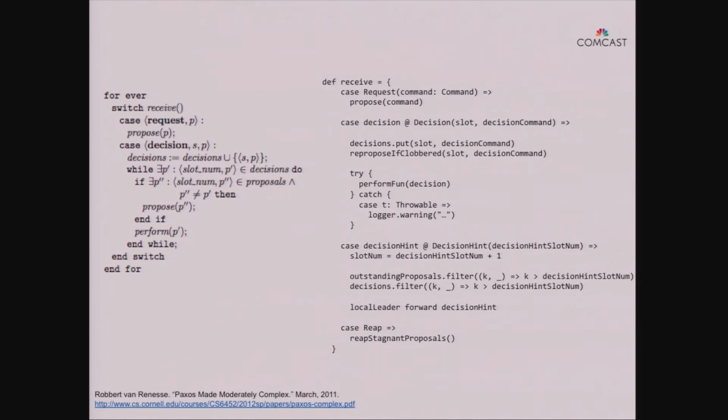It has a protocol called ZAB, or Zookeeper Atomic Broadcast. It's also a distributed consensus protocol, so it's doing the same kind of thing. And so what we did is we took Zookeeper and we ripped out its persistence and ZAB layers, and we plugged Sirius in instead. And then once we did that, we were able to run an external third-party benchmark